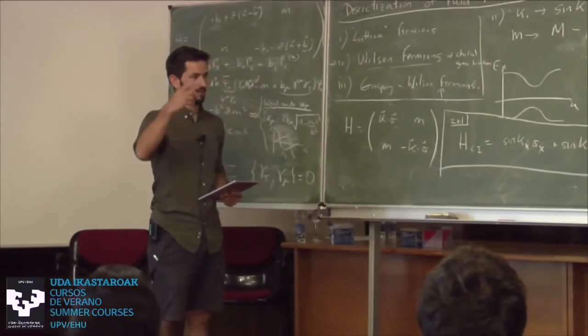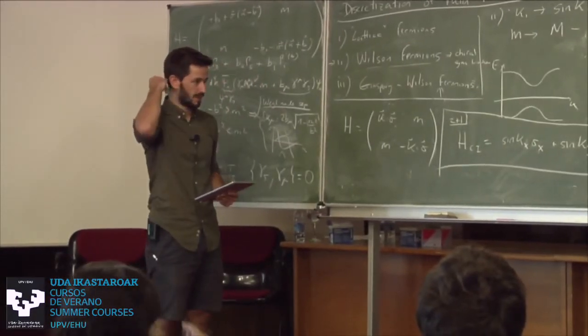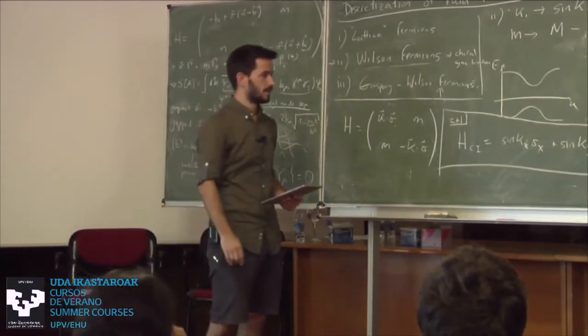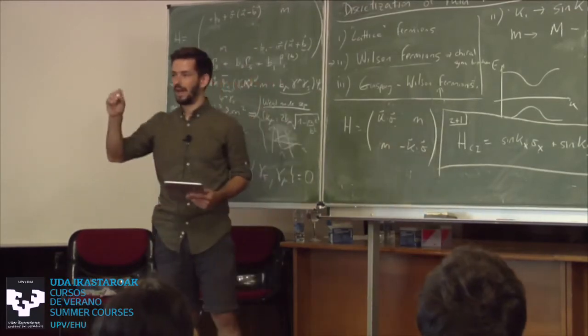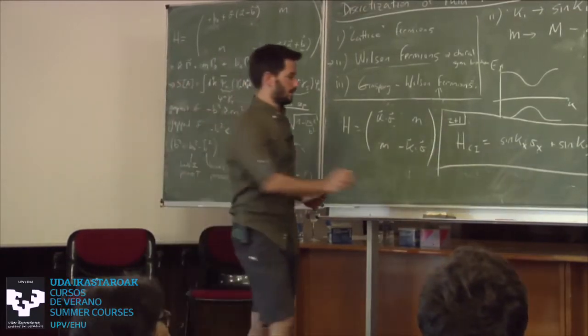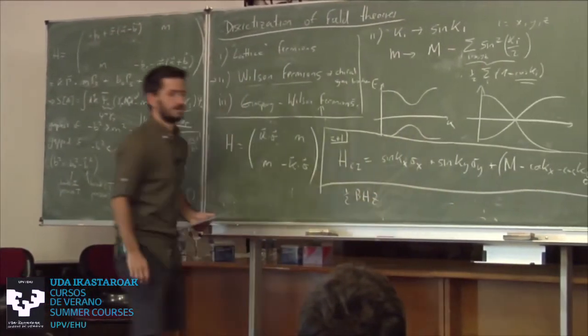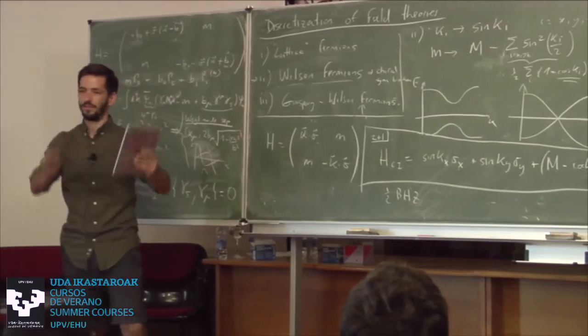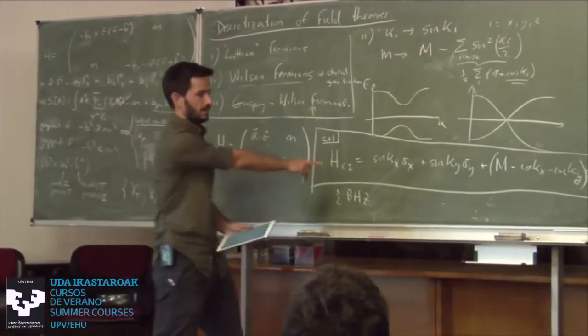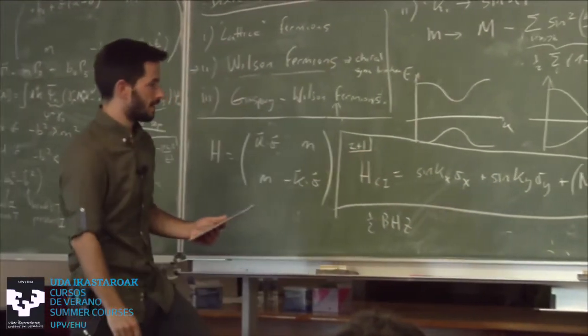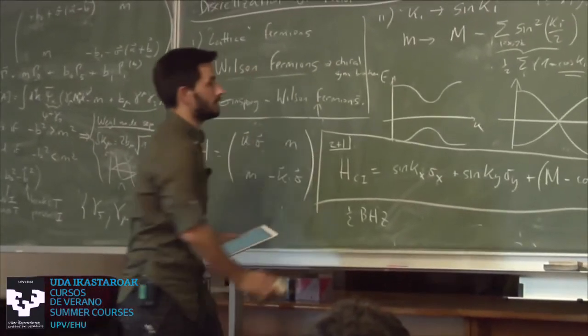And if you remember from yesterday in Michel's lecture, he said it was 1/2 of the BHZ model that described 1/2 of the spin Hall insulator. This is exactly it. Now if I go to 3D,